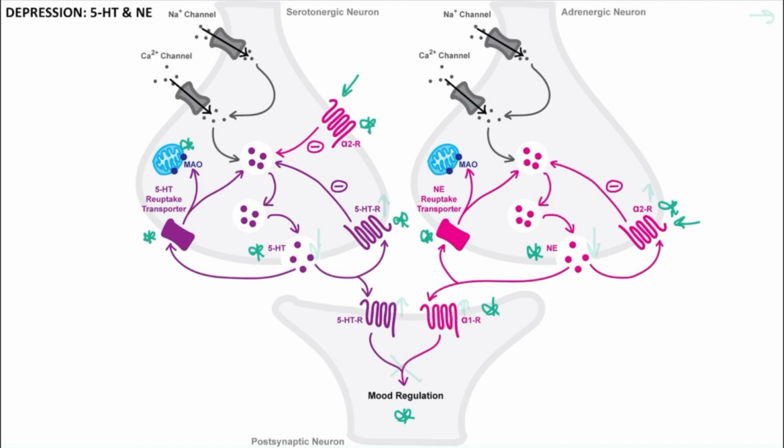So what happens in the signaling cascade that leads to depression? Well, our monoamine hypothesis, which is the leading theory behind depression and the basis for our antidepressants, is that there is a deficiency in these monoamine neurotransmitters. So without sufficient serotonin and norepinephrine, plus or minus dopamine, not shown, we cannot have appropriate mood regulation, leading to depression, as well as a number of other symptoms commonly observed with depression, like impaired cognition, poor memory and attention, avolition, anhedonia, etc. And as you can imagine, this deficit can lead to receptor upregulation